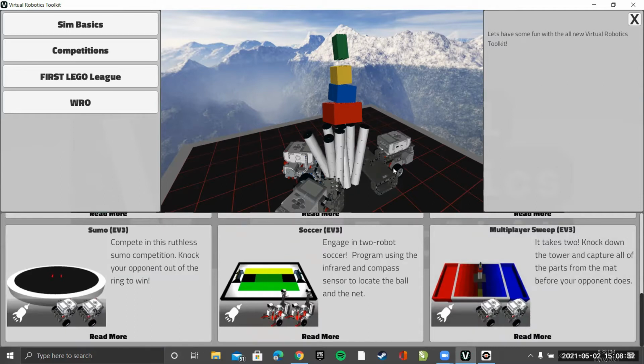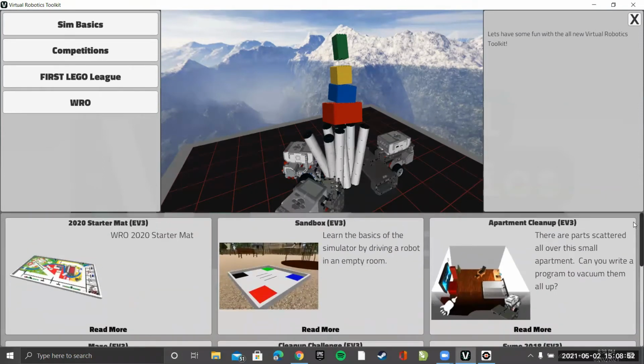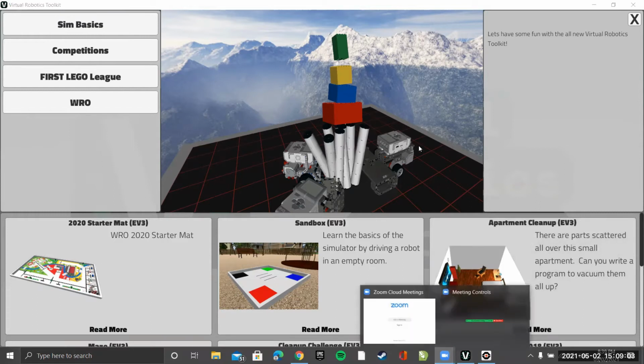Now here the robot is already built in, but when you do a physical class, you will actually be building this with the help of the Lego Education EV3 Mindstorms kit. And the basics remain the same. I mean, you will program it with the help of the EV3 software, and here you are running it on a virtual environment, whereas in the physical environment, you are going to run it on your normal floor. So that's the only difference.